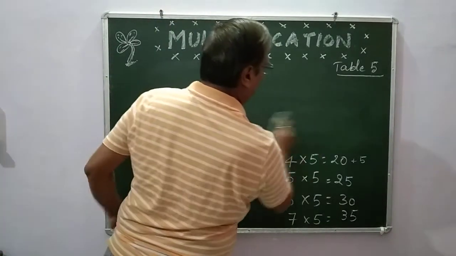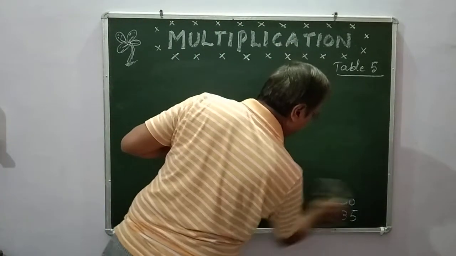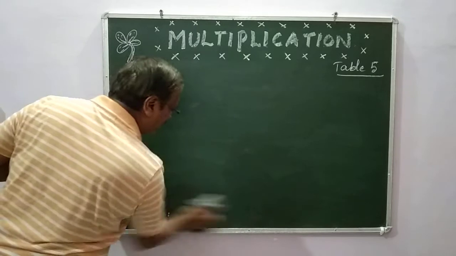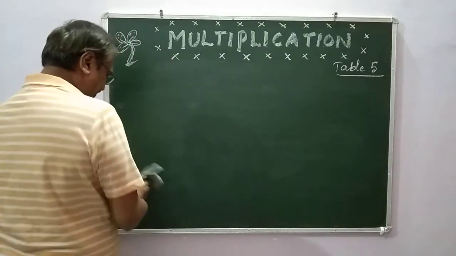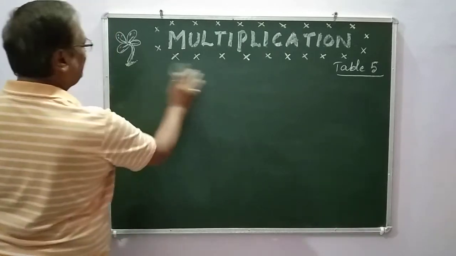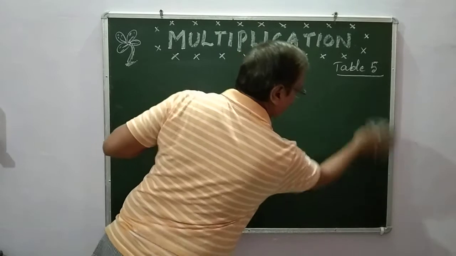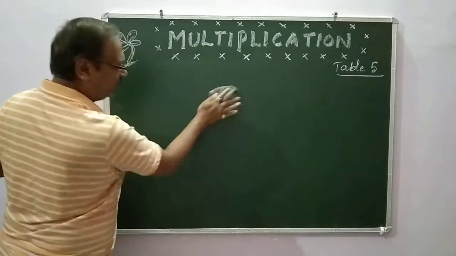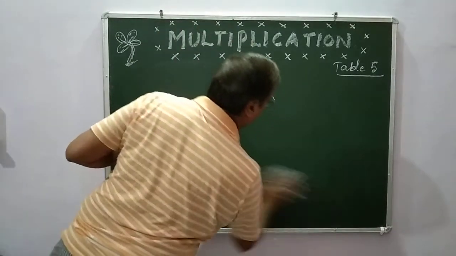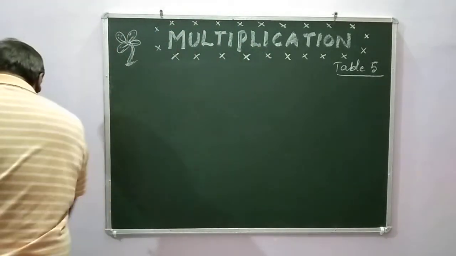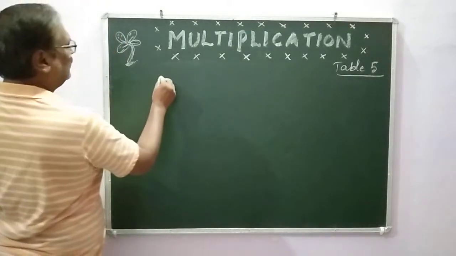Now, let me write the table on the board. The whole table on the board. You all see what I am doing and you all repeat it and then write it neatly in a notebook. Okay? And then you will understand better. The more and more you practice, you will understand better. Right? It's very easy. It is very, very, very easy.